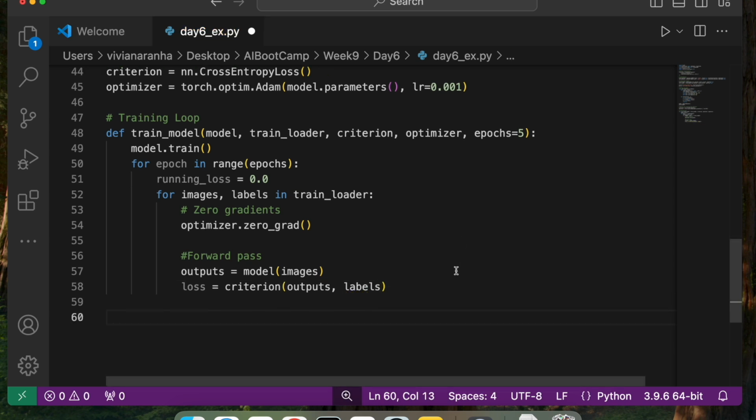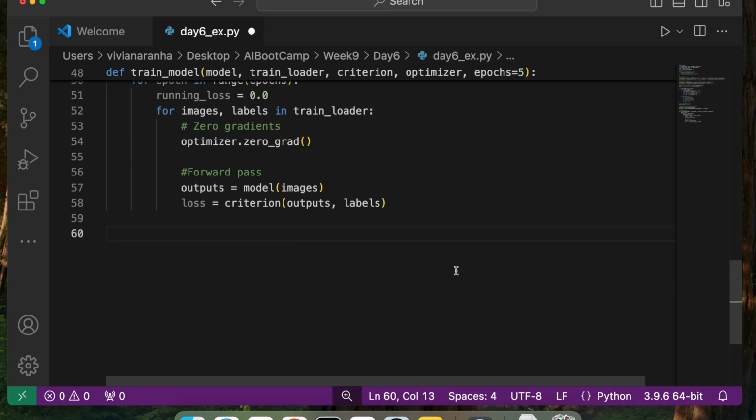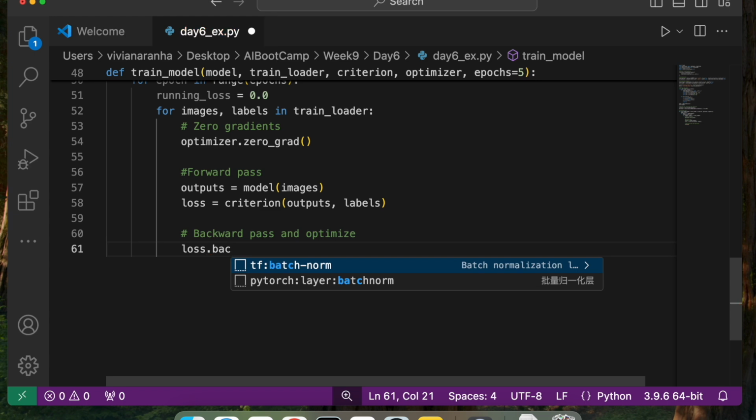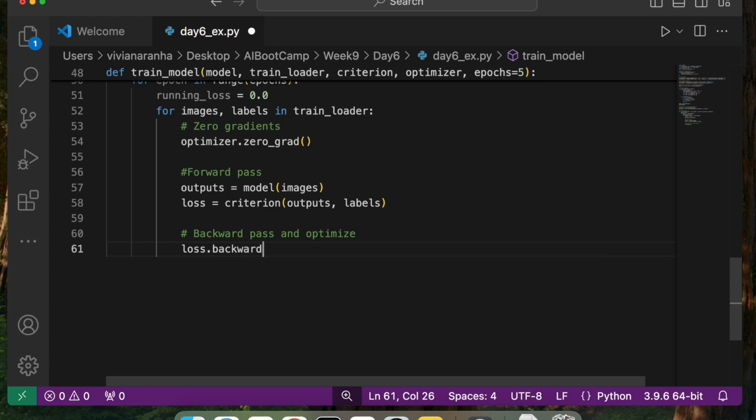Next, I want to do the backward pass and optimize. So here I'm going to say loss.backward().